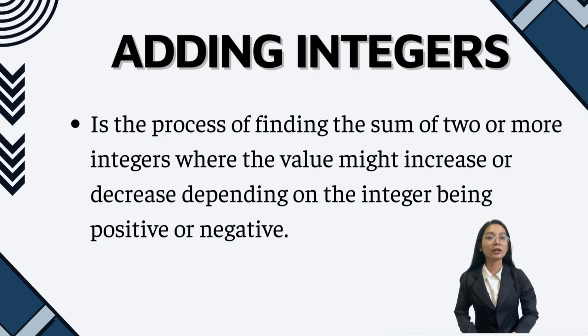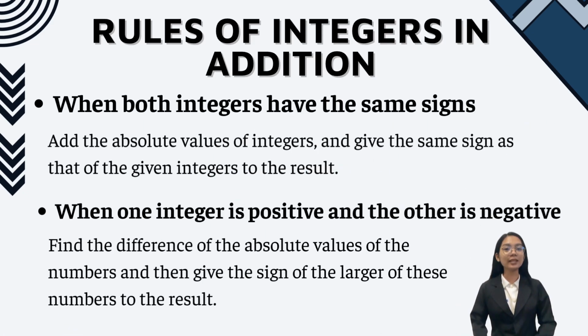Yes, when we are adding integers, we are finding the sum of 2 or more integers. Always remember that we are just getting the sum of those integers. Take note, the value might increase or decrease depending on its sign. Class, when we are adding integers, we have some rules for that, and we should follow those rules to arrive